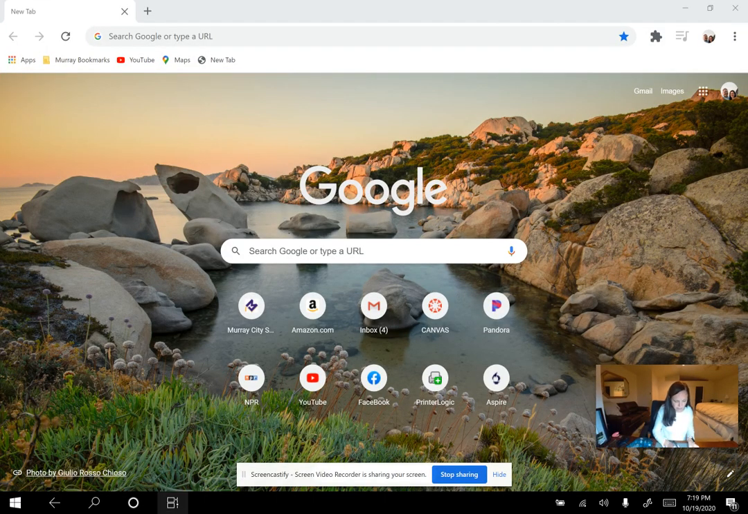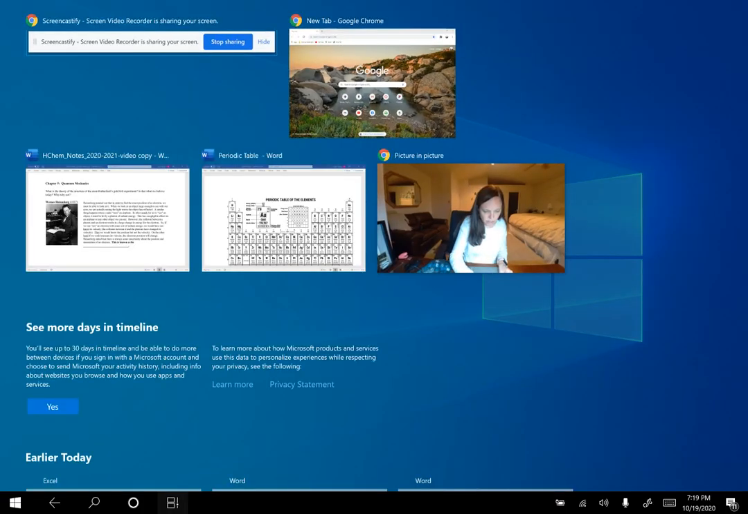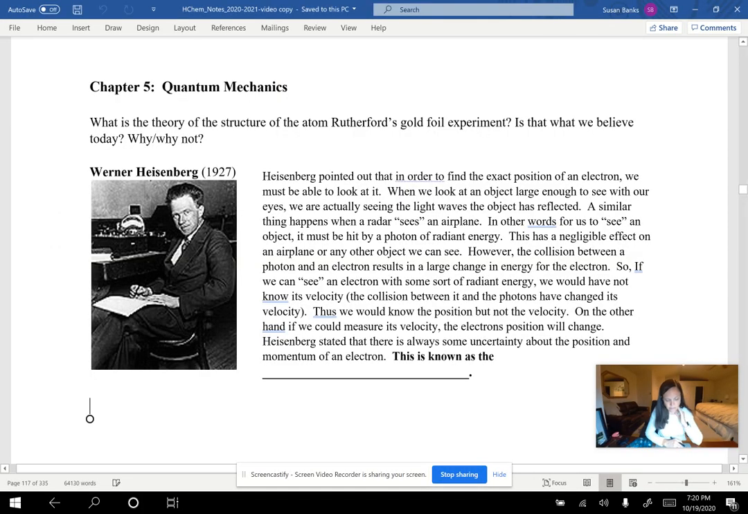All right, honors chemistry people, we are going to start quantum mechanics today. So you should have your book open to chapter 5, and we're going to expand our definition of the atomic model right now. When we left off before we did nuclear, our atomic model was the Rutherford model, where